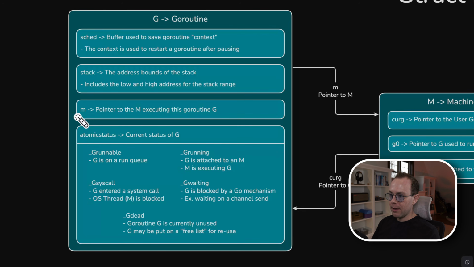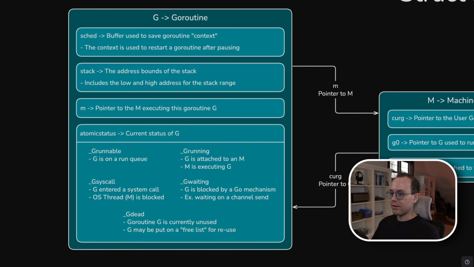Next up is M, and this is a pointer to an M struct, which again represents an OS thread. So populating this field is how the runtime associates a Go routine with an OS thread. And then last is the atomic status property. There's a huge list of all the statuses in the actual source code, which I'll leave a link to in the description. But the most important ones are runnable, when a Go routine is ready to be run on a thread; running, which means a Go routine is currently executing; syscall, which means the Go routine is blocked by a